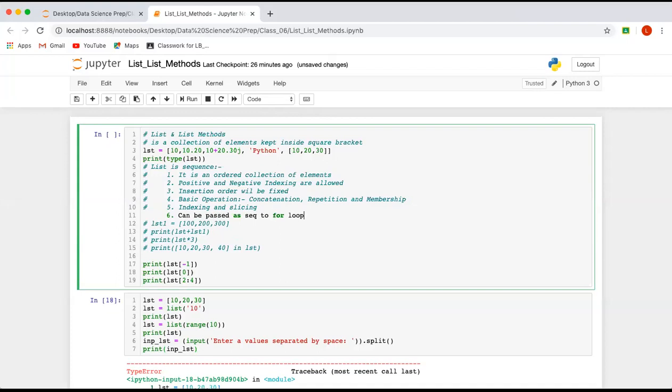So it can be passed as a sequence to the for loop. In the for loop, in the place of a sequence, you can pass this list also, like we have passed the string.